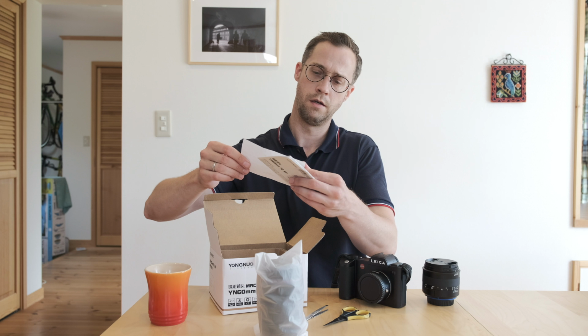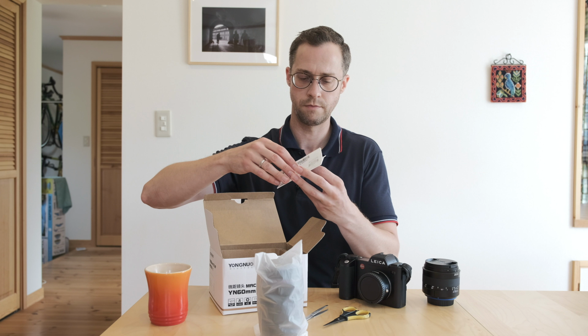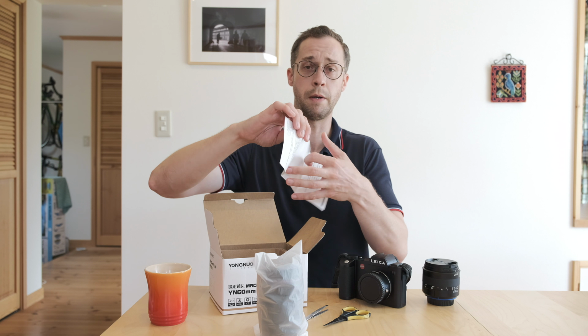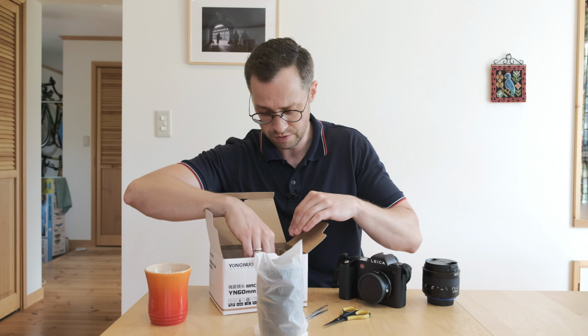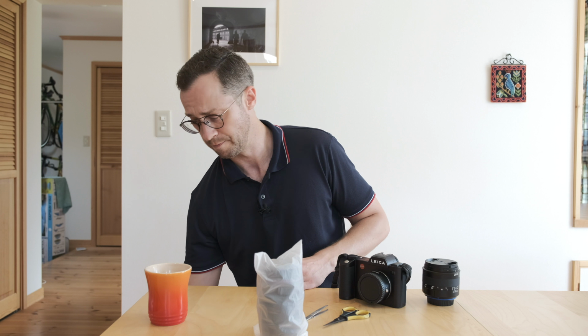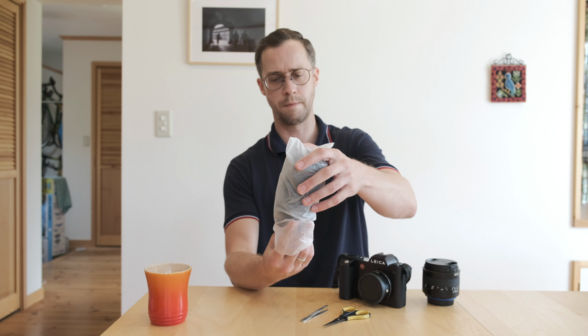in Chinese, which I can't read. It's more literature actually than I would probably need. It's a Canon lens, or it's made for Canon, sorry, extremely easy to use. And that, my friends, is the box. I'm going to put the box on the floor. The star of the show, of course, is this